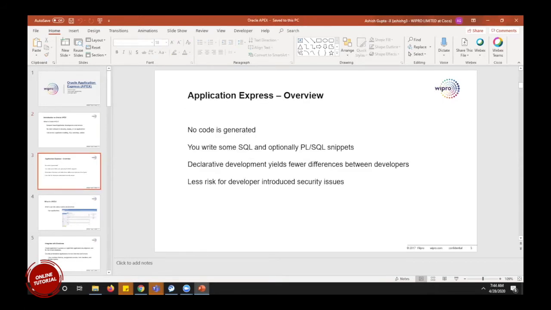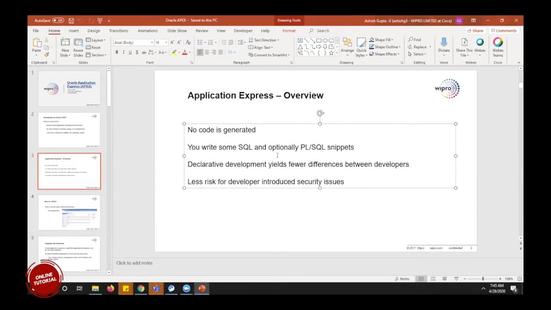It is just an overview of this application, so no code is generated, as you would see in Java or in ADF, also an Oracle product. When we write code, we have a source code and a class file, where we create a jar of the class file, deploy it to the server, and then bounce the server to see the changes in our development instance.